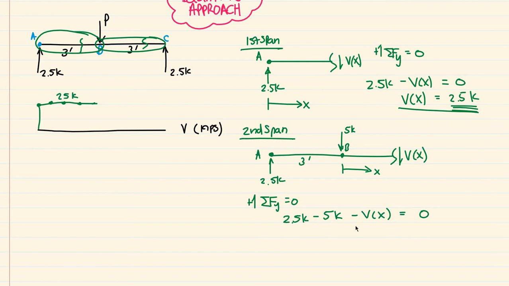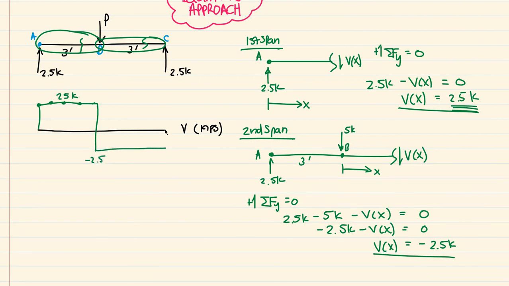So 2.5 minus 5 is negative 2.5 kips, minus V of x is equal to 0, and then I can add V of x to both sides, and I get V of x is equal to negative 2.5 kips. And again, we see that this is a constant shear because there is no x on the right-hand side of this equation. So we know that the shear is a negative 2.5,